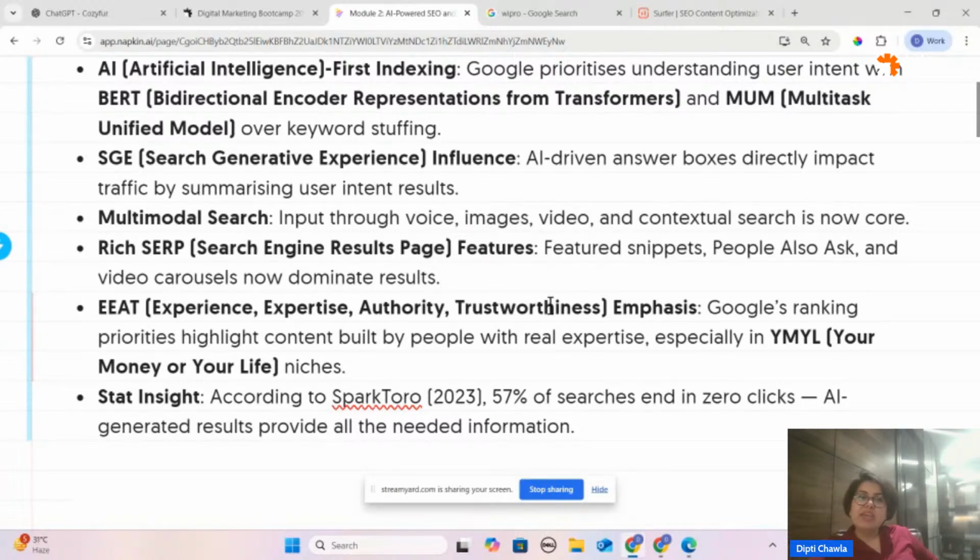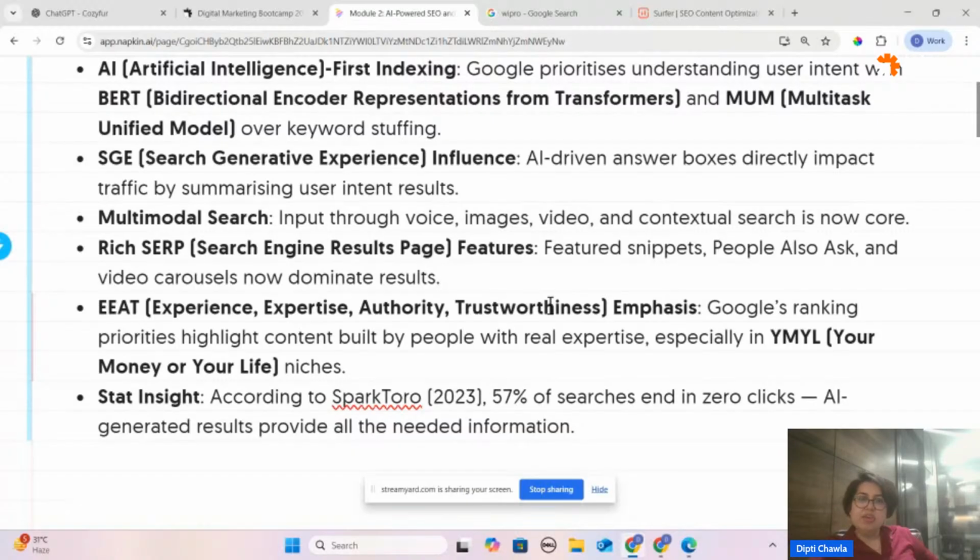So, Google ranking priorities highlight content built by people with real expertise, especially in YMYL. What is it? Your Money, Your Life niches. This is one of the niches.